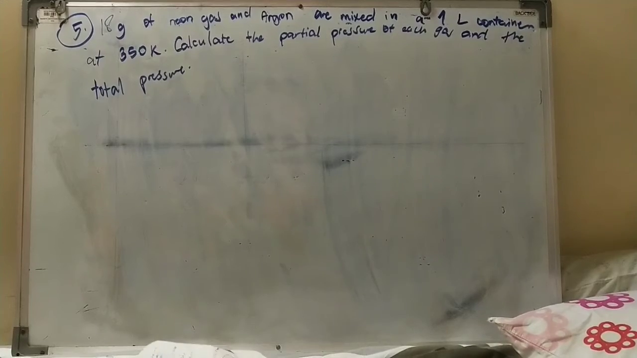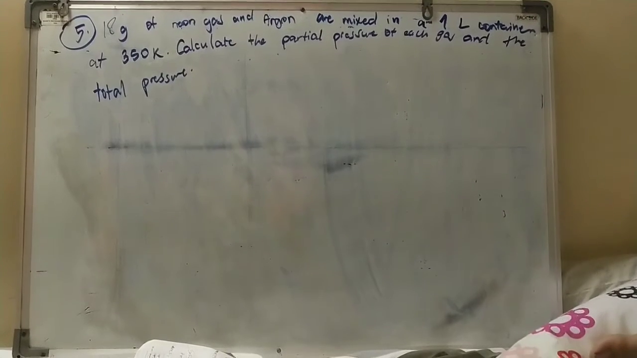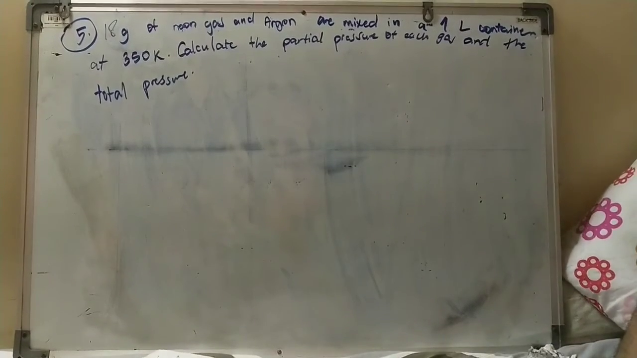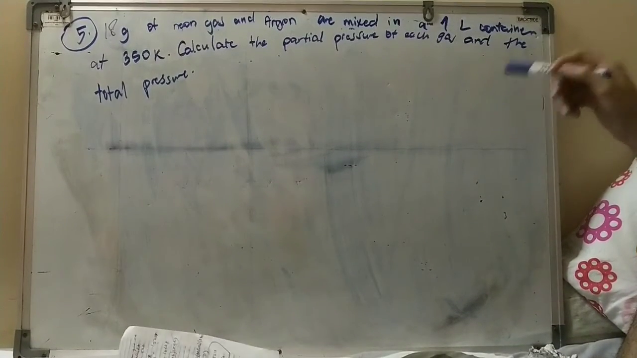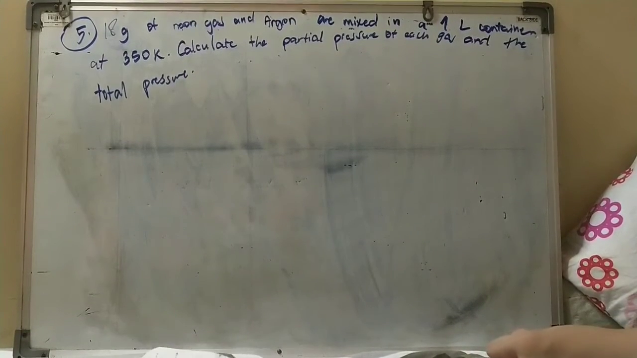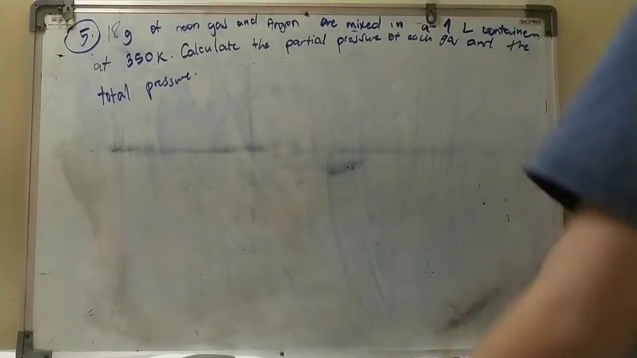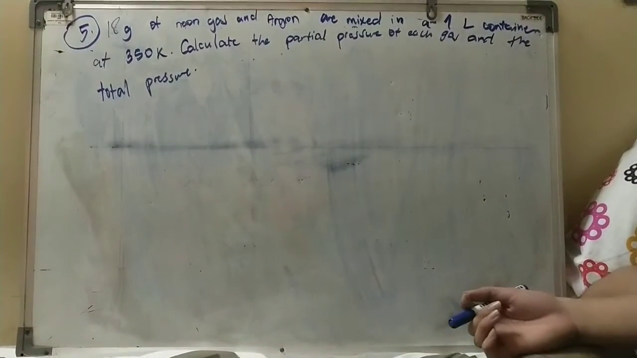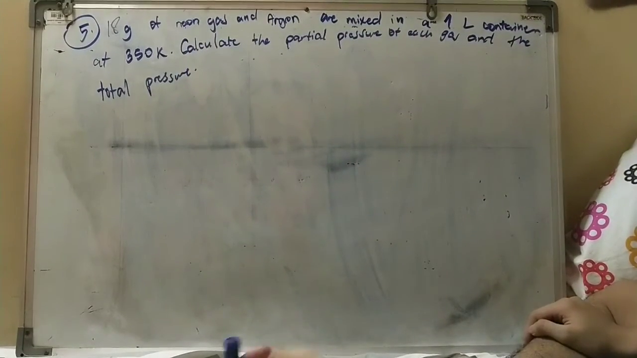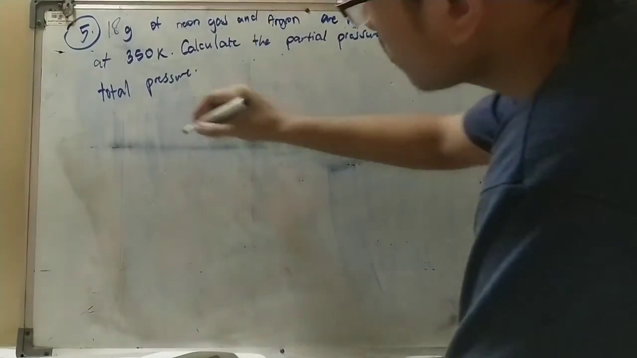So this is the last, but definitely not the least, example in this law. So we'll be using the third formula. So 18 grams of neon gas and argon are mixed in a 1 liter container at 350 Kelvin. Calculate the partial pressure of each gas and the total pressure. So the first thing we need to do is to put all of the values you see in the problem. And since I see 18 grams of neon gas and argon, we're going to use weight because we're using the unit grams. So the weight